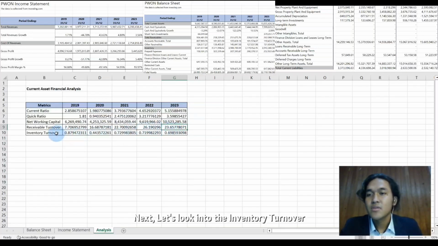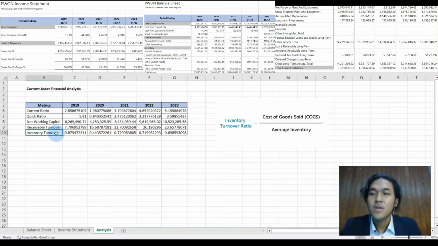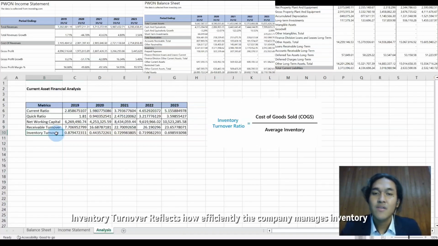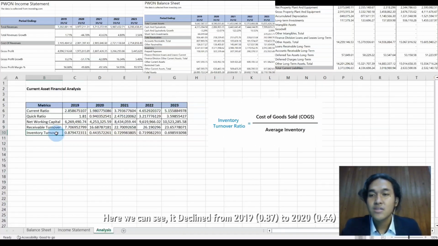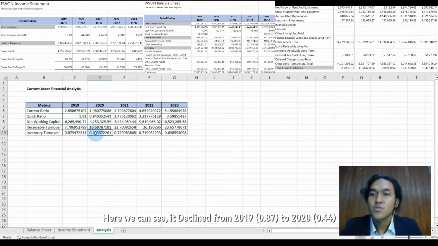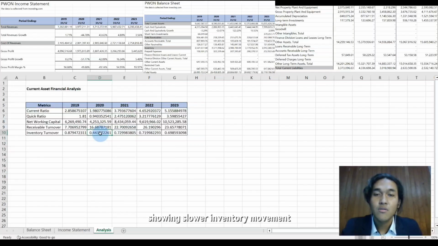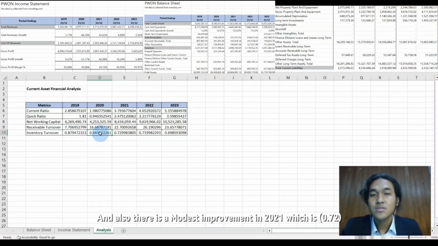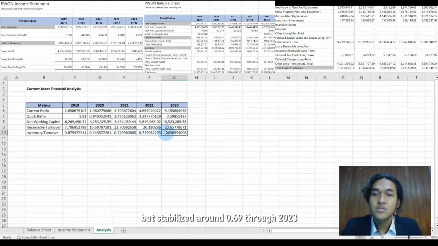Next, let's look into the inventory turnover, which we get from cost of goods sold divided by inventory. Inventory turnover reflects how efficiently the company manages inventory. Here we can see there's a decline from 2019 to 2020, from 0.87 to 0.44, showing slower inventory movement, which may lead to demand issues or overstocking. And also there is a modest improvement in 2021, to 0.72, but it stabilized around 0.69 through 2023. So in the current position, low turnover suggests slower inventory sales or excess stocks, which could tie up capital and